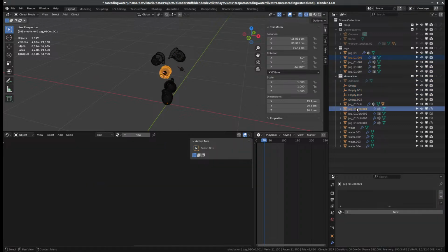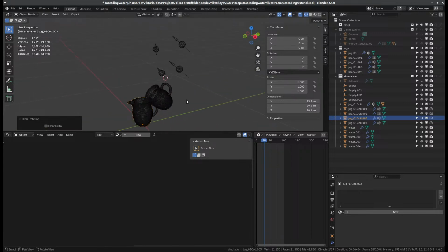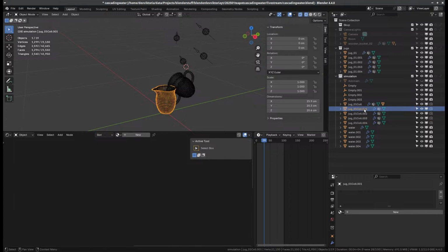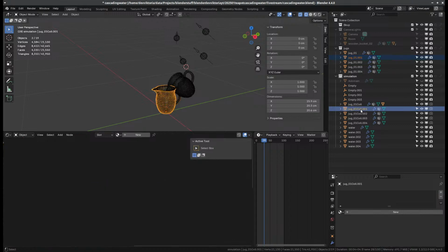Sorry, I hit Shift and Control P. No, Alt G, Alt R, Alt G, Alt R. Maybe there is another way, but I don't know it. So if you know a better way how to correct these sorts of problems, then please let me know. So let's keep this, Control P, object keep transform,